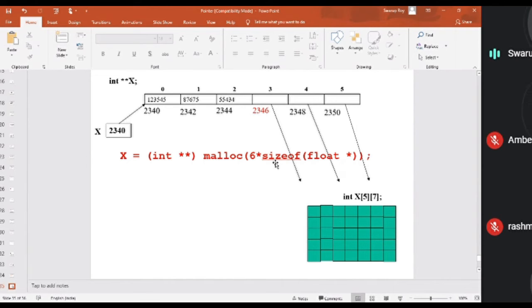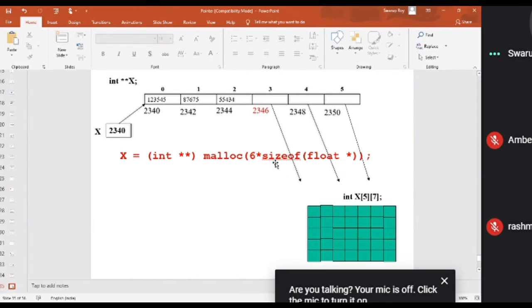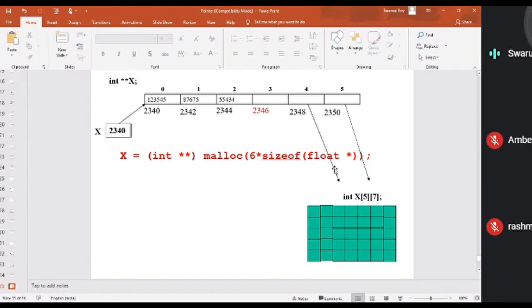Yes, 6, sir. 6 एरे है मतलब 6 पॉइंटर होगा, 6 पॉइंटर को रखना है, उसके लिए आप लोगों ने 6 साइज का एक एरे बनाया, मतलब उसका नंबर ऑफ रोज. अभी नंबर ऑफ कॉलम्स को डिफाइन करना है. कॉलम को कैसे डिफाइन करेंगे? How are we going to do that? I have to declare it.